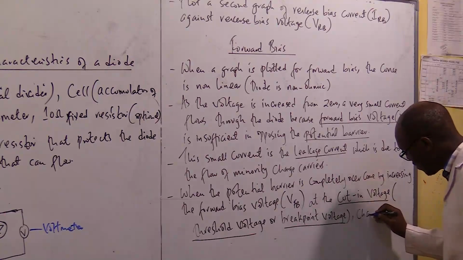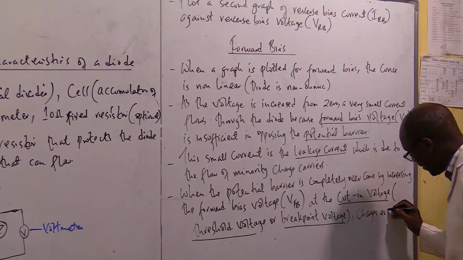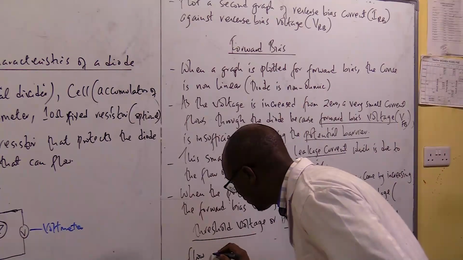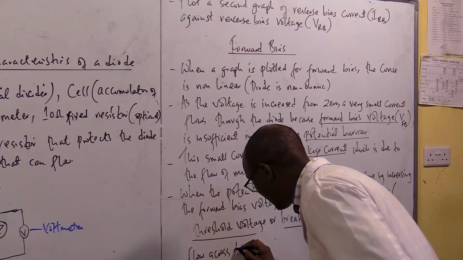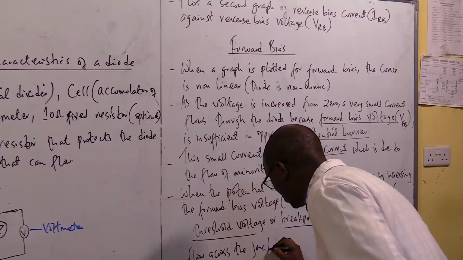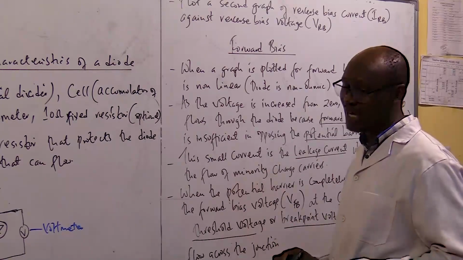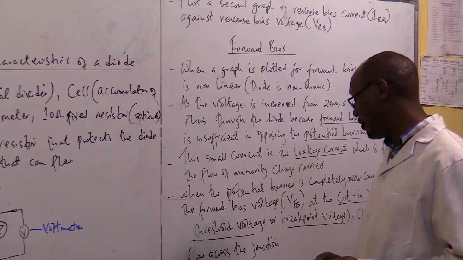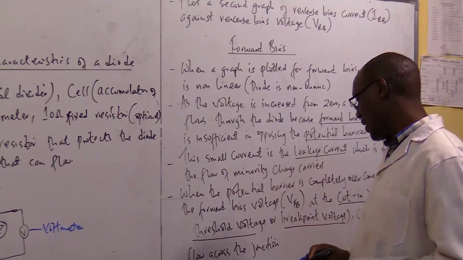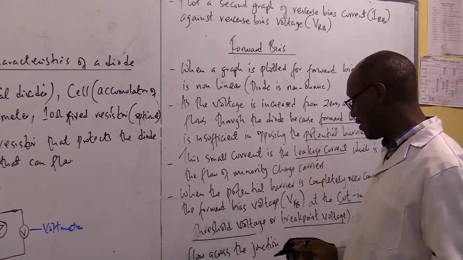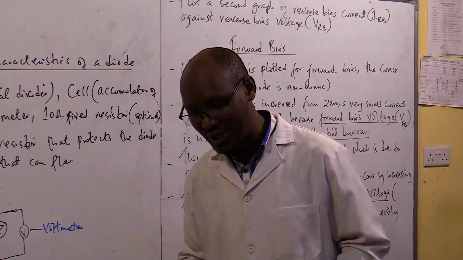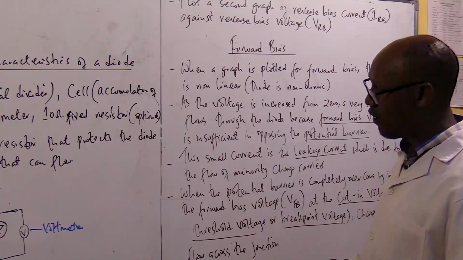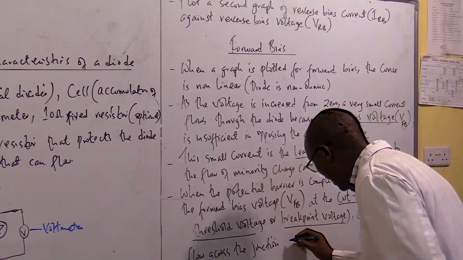Charges easily flow across the junction. So of course, you know, the junction is the depletion layer, and we say a junction is formed when you have fixed ions that are not covered. So that is what we meant by the junction, and this gives rise to sharp increase in forward bias current,